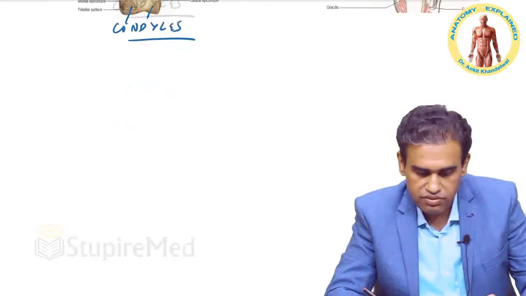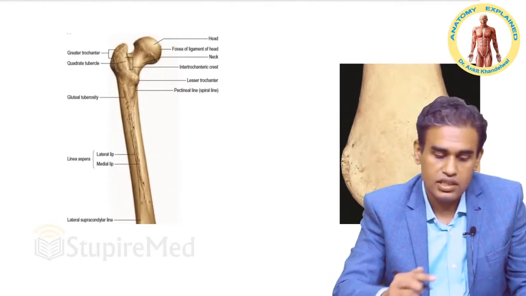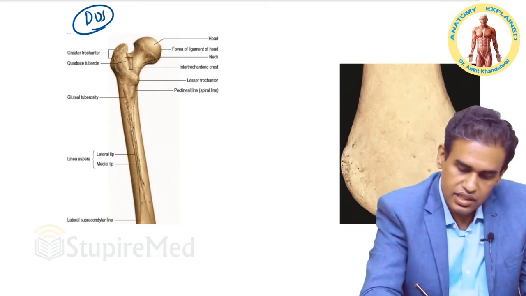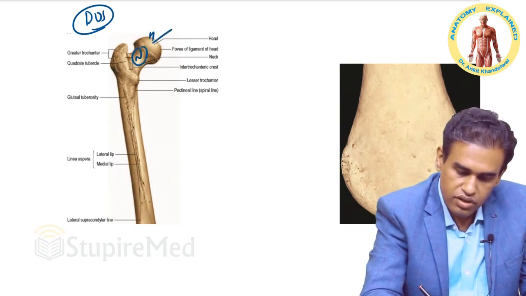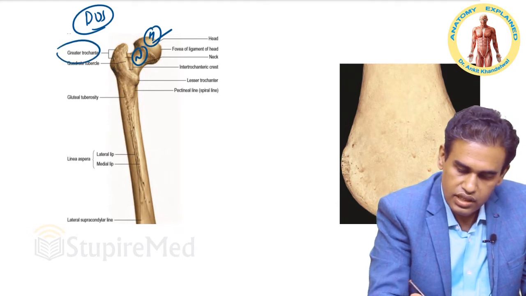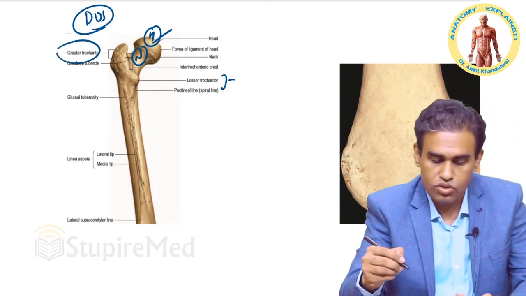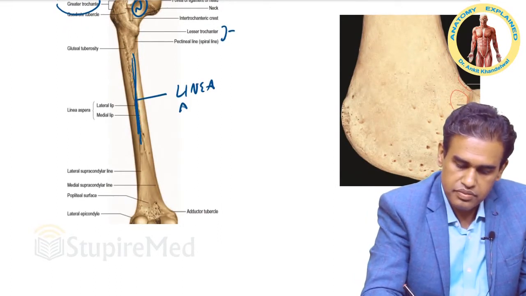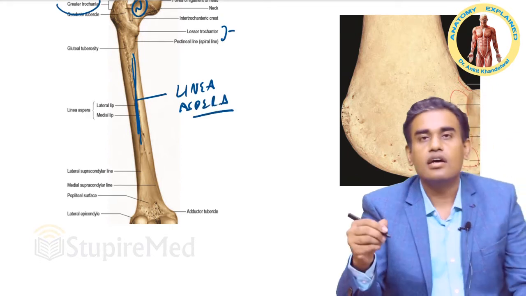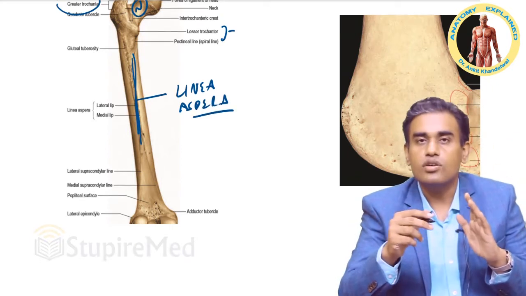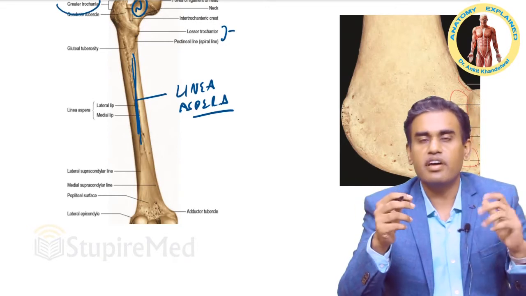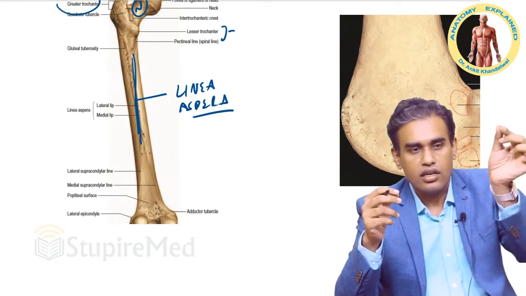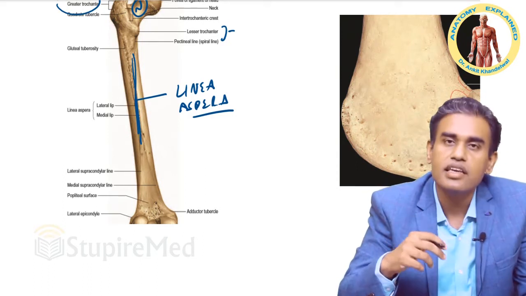Now if you see this femur again, but in the posterior view, this will be from your posterior aspect of the left femur. Again the same things, head, you have head over here, and for neck over here you have the greater trochanter over here, you have the lesser trochanter over here. This whole is the shaft. Very important, this lining over here is your linea aspera. What is this linea aspera? From this linea aspera takes the origin or the attachment of various muscles. So you have a typical lining, typical elevation, longitudinal over the posterior aspect of femur, known as the linea aspera.